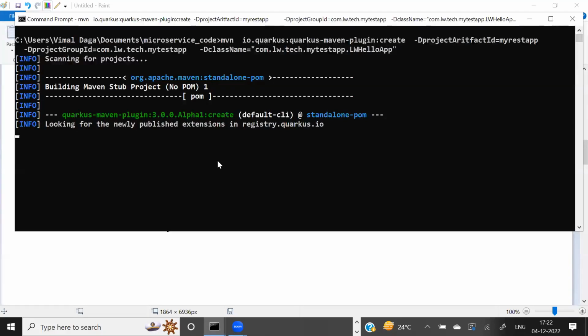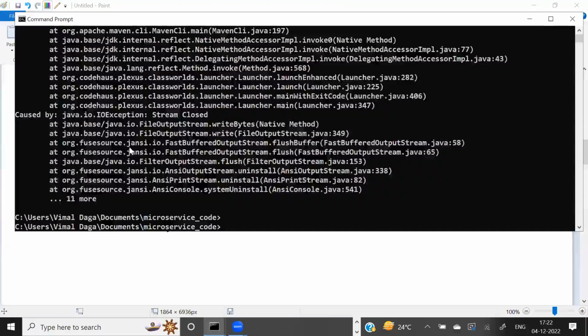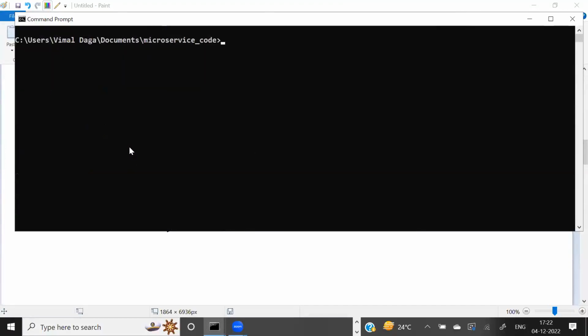Okay, and what are those things I explained in my last class? This would be the folder name or the project name it is going to create for us. Okay, so in the meantime, guys, it's downloading. Oh, sorry. Why is it asking me again for project ID and project version? Let me press Control C. Okay, let me rerun it.